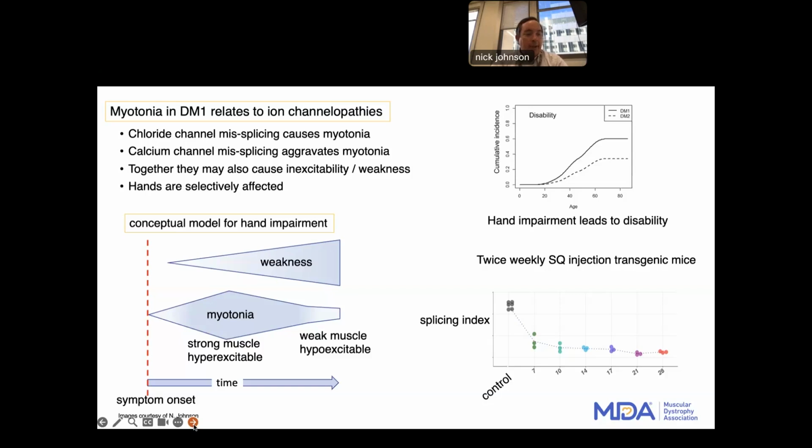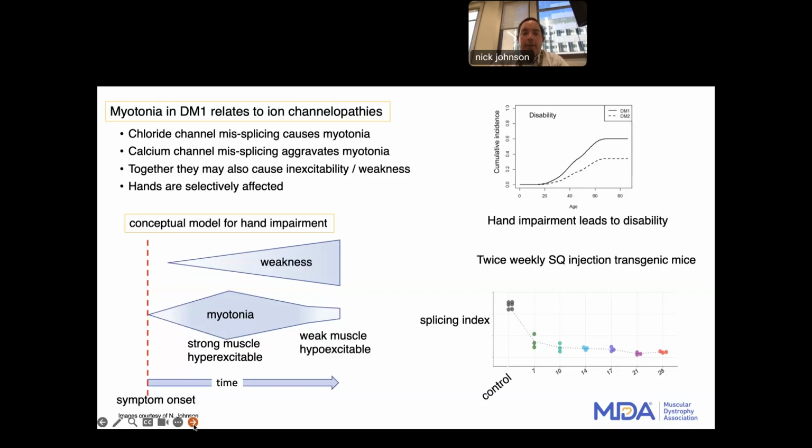And we don't really know, but the hands do appear to be particularly involved. And so at the bottom left corner, you can see this conceptual model for how we think about hand progression, so that at the beginning of the disease, the myotonia gets worse, but as the weakness develops and progresses, the myotonia tends to improve, probably because there's not enough muscle there to mount a myotonia response, and so that leads to this kind of hypoexcitable muscle. And that conceptual model, at the end of the day, really just leads to